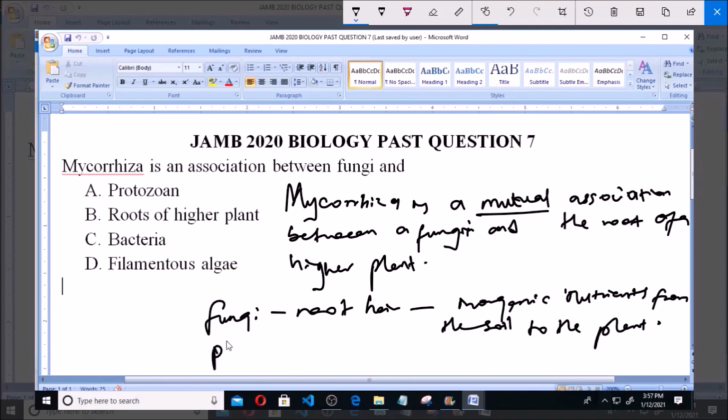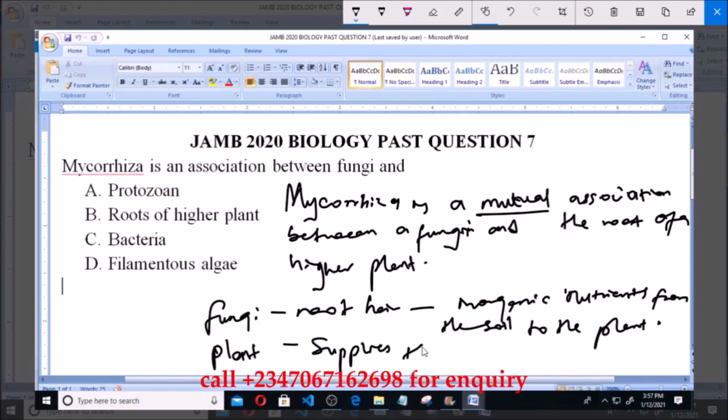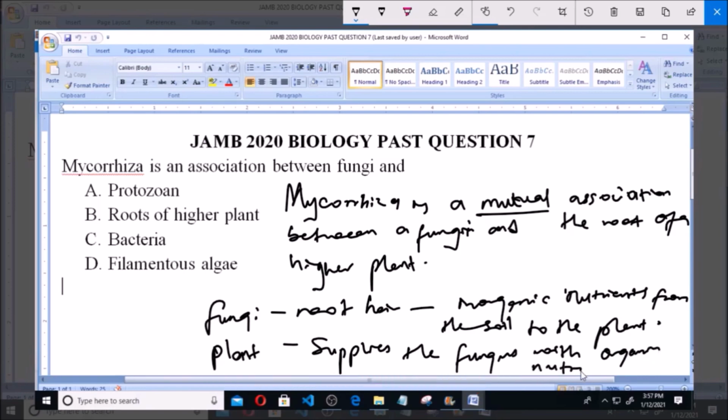Now, the plant itself, or the plant roots, supplies the fungi or the fungus with organic nutrients. Now you can see it. The fungi enables the plant to trap or to absorb inorganic nutrients, while the plant provides what? Organic nutrients for the fungus. That's why I say it's a mutual relationship, so between fungi and the roots of higher plants, which is option